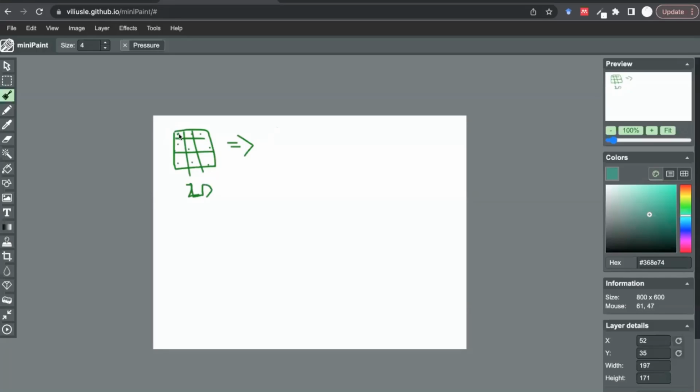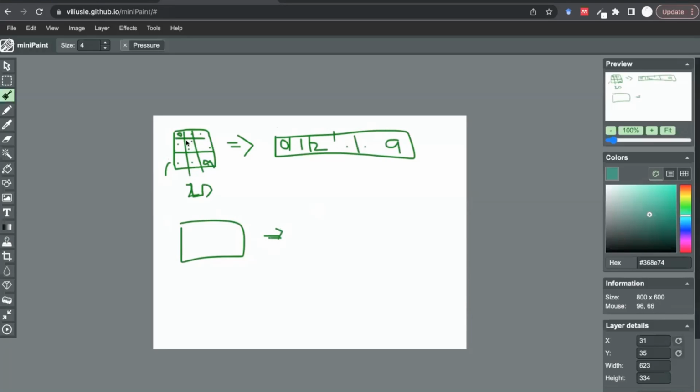So let's assume there are numbers starting from 0 to 9. If you convert it into a one-dimensional array, the features will be 0, 1, 2, and so on up till 9. Now these 9 are your features. So why are these called features? Because for every new image, these 9 values keep changing,